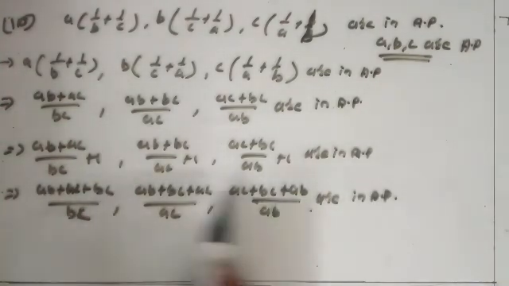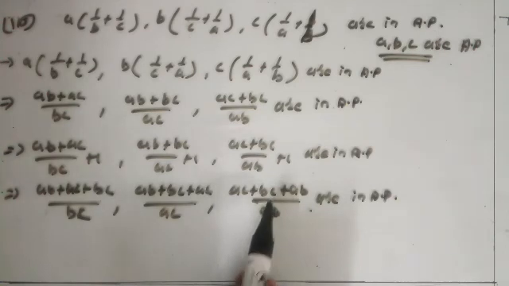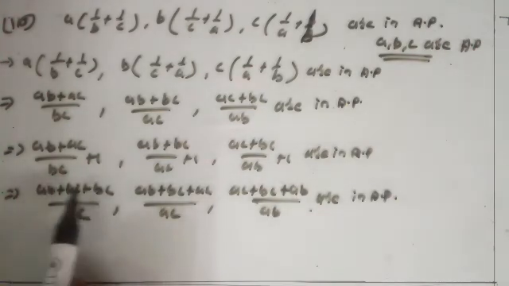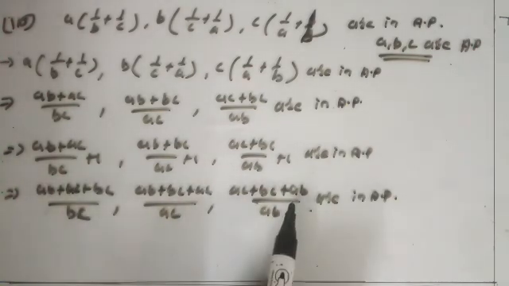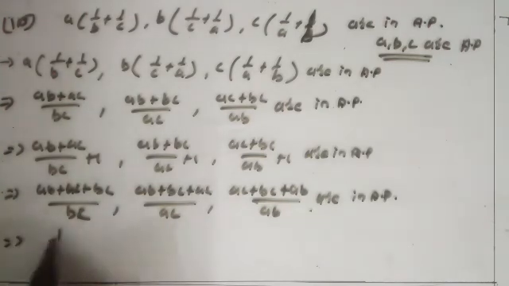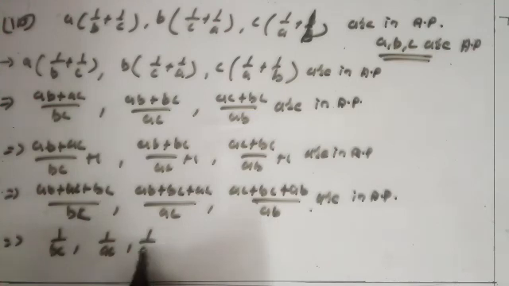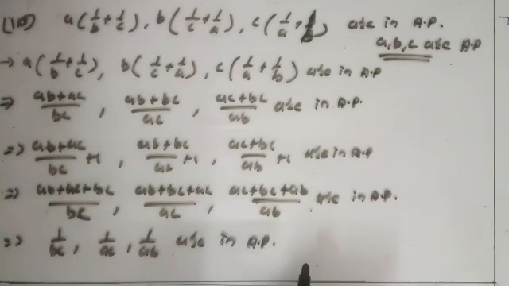Now from each term, remove the common term AB plus BC plus AC, so this implies 1 upon BC, 1 upon AC, 1 upon AB are in AP. Clear? Now if you multiply by ABC to each, we get